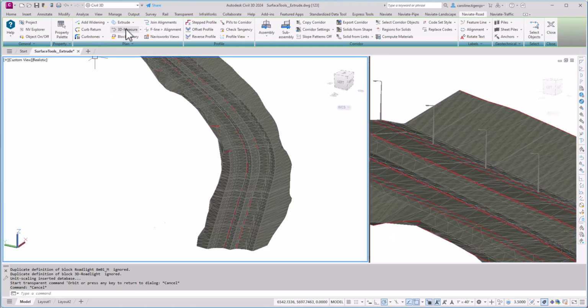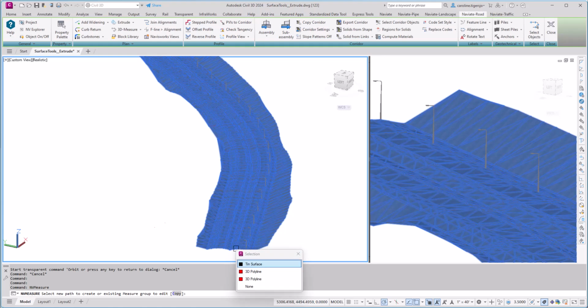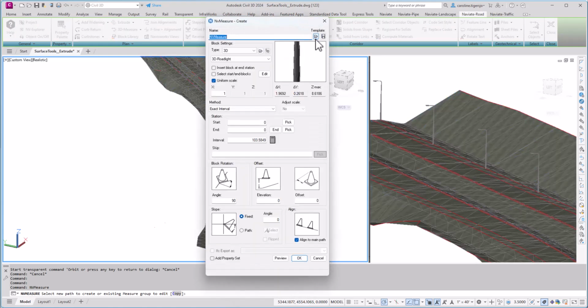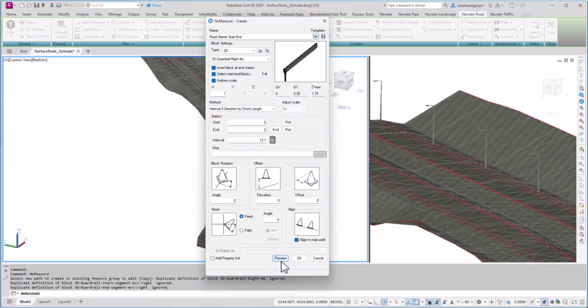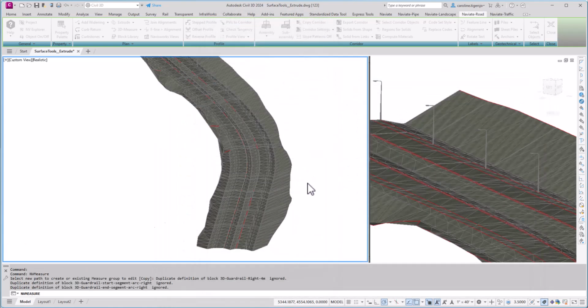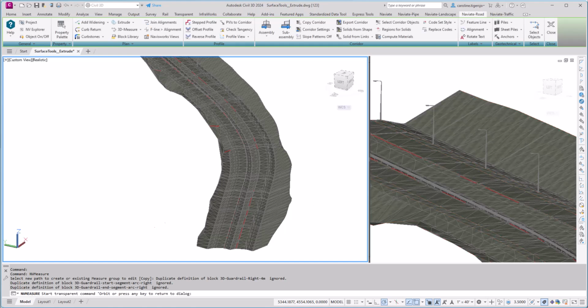I can also place longer objects. So if I select another 3D polyline here, and I select my template for road barriers. In this case, if I use my preview, we can see that we can also have a different start and